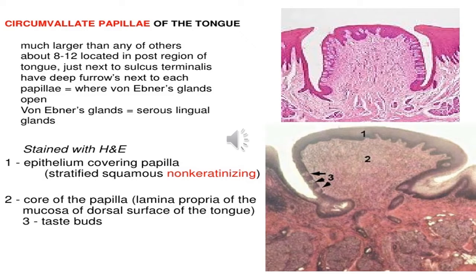And as I've told you, the secretion of the von Ebner gland is serous. So the main function is that they provide the watery secretion, which serves to flush the food materials out of these grooves so that the taste bud can respond to the changing taste stimuli very rapidly. So this is the function.